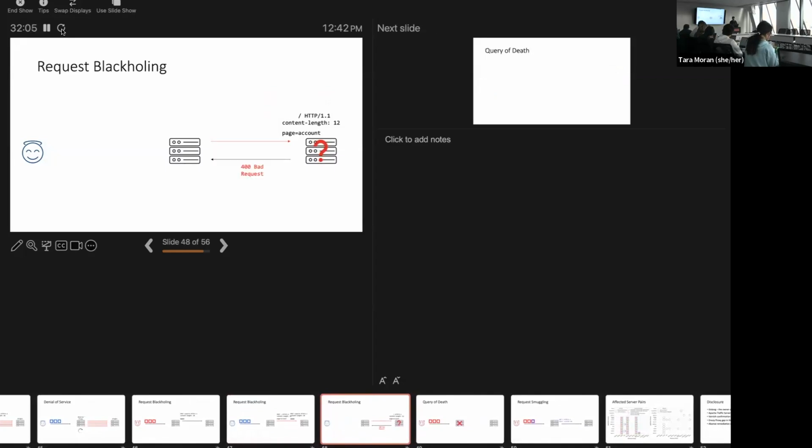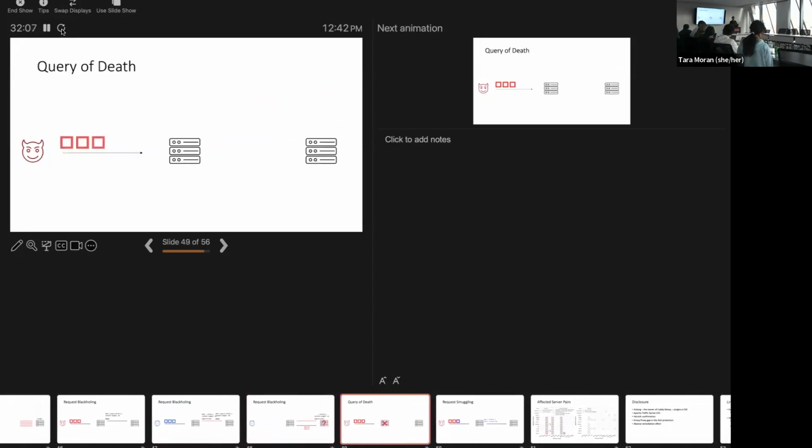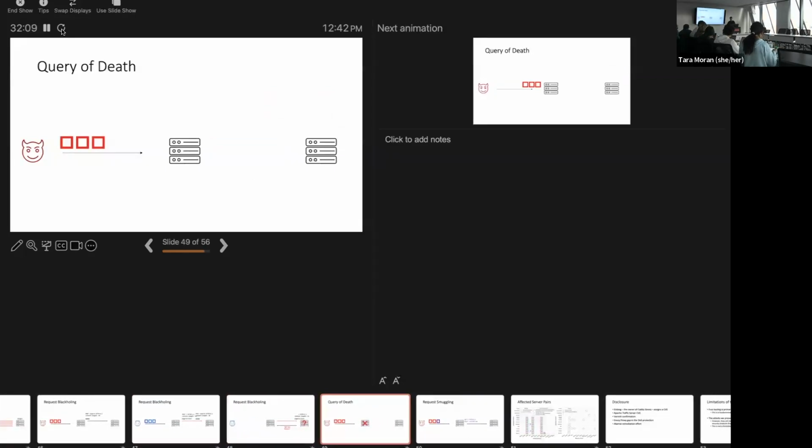Another one was query of death. There was one server that we identified where we were able to create a packet that, when forwarded, just brought down the entire server, right? Just one single packet, like the ping of death, that actually worked for some of these popular technologies. And why did we find it? We found it because of the system we were using, right? We found this automatically, so that was pretty cool. And of course,